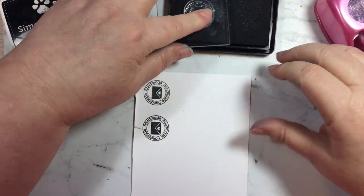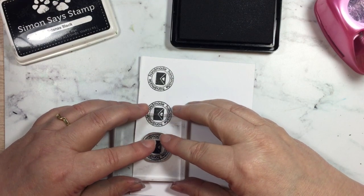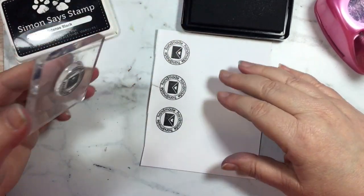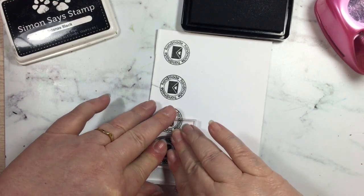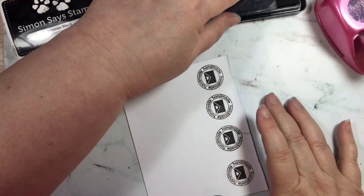So this is a fun, easy, nice way to just kind of, you know, craft when you want to craft, but not necessarily making anything that's a finished product, but just for your stash of things you want to use. So